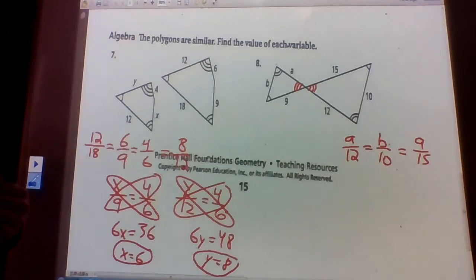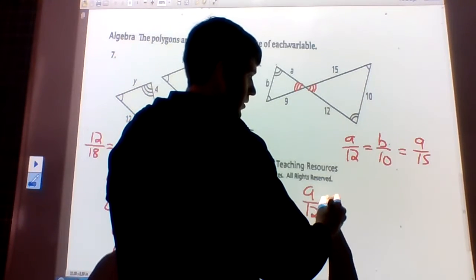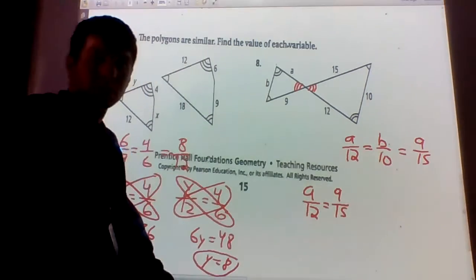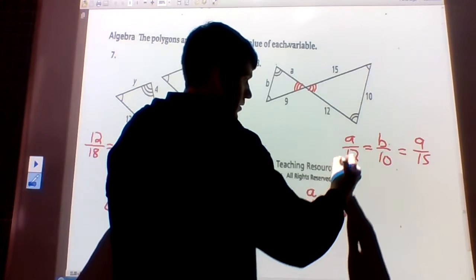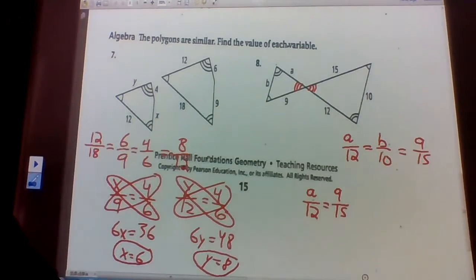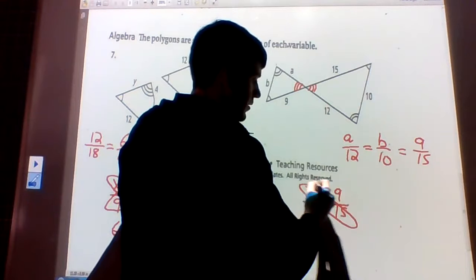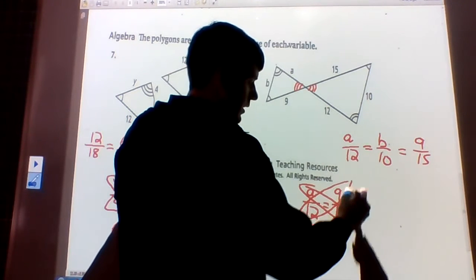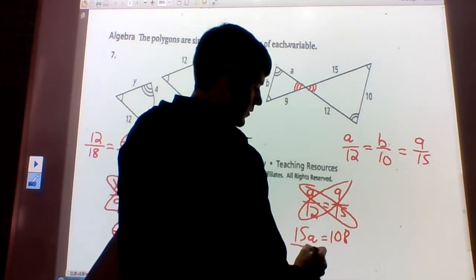Okay, if we want to solve for A, we pick the one with the A in it, so A over 12. And then you want to pick the one that does not have any variables. Cross multiply, so you get 15A equals 12 times 9, which is 108. Then divide by 15,